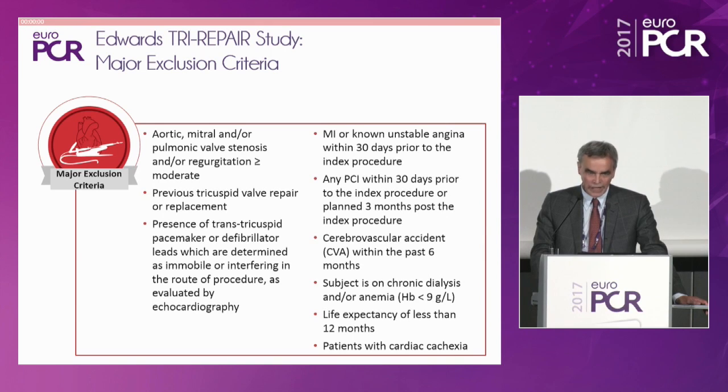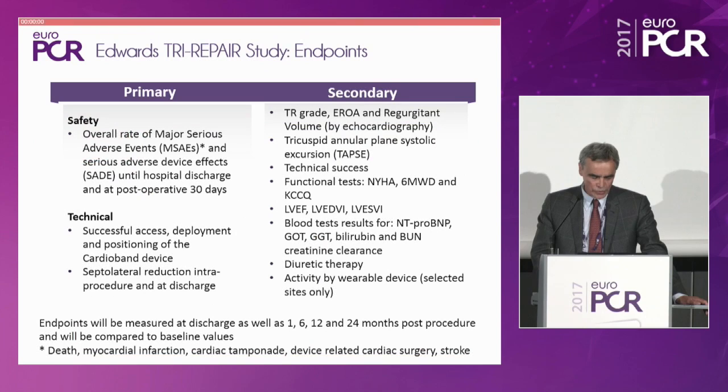That is very important for any of these interventions. That's also true for the mitral clip. So that is something that needs to be determined by echocardiography before that the lead is not fixed towards the commissures, and that would give us some trouble if you do the procedure. Now we have primary and secondary endpoints for this trial. The primary safety endpoint is shown here, which is a combined endpoint of death, myocardial infarct, tamponade, surgery,